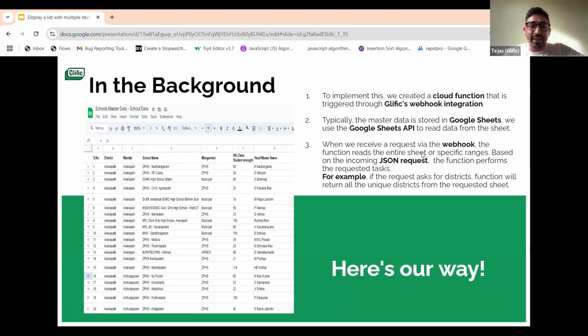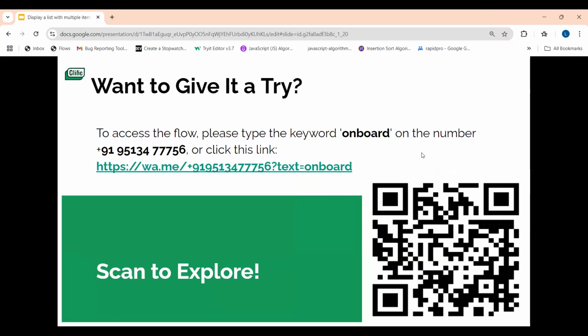So if you have master data like this, then with the help of the function that they have developed and with the Glific webhooks, it's possible for us to create a very similar onboarding experience for everyone else as well. So if someone wants to try, they can give it a try. That's how things work. If someone wants to ask any question,